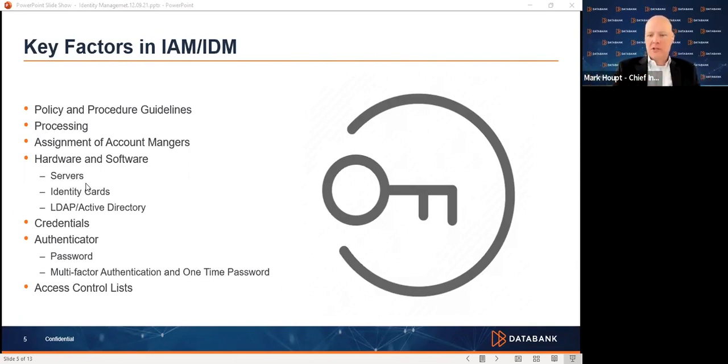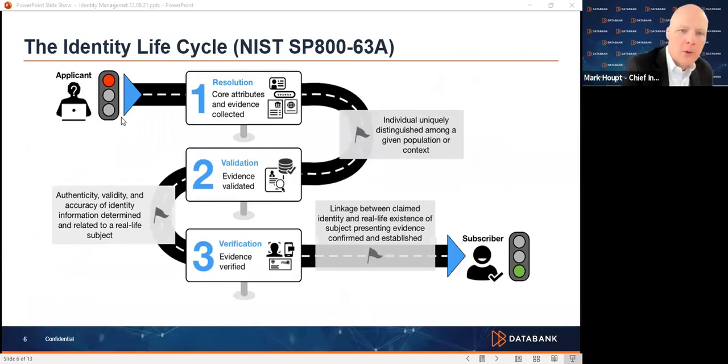So a person comes into the office, they log into their computer with their credential and their authenticator, their multi-factor one-time password, and then further the system, whether it's the computer itself, whether it's roles that are applied to the Active Directory or the directory services, or even the network access control list, those access control lists will define your boundary and keep you within those spaces. So these are some key factors to consider as you develop and move forward with an IAM and IDM program.